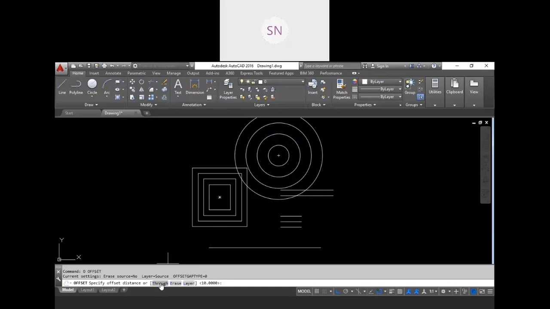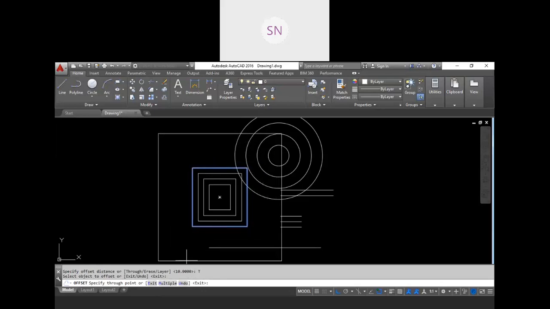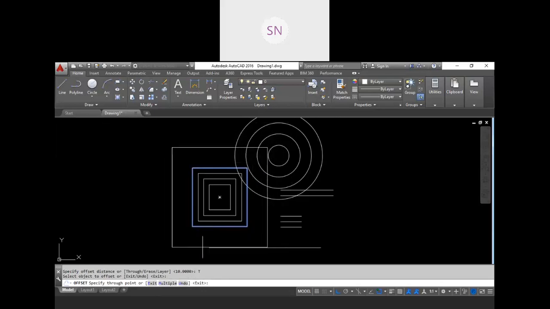If you go with the through option, then you don't need to provide a value, you can use the reference method. So choose this through, and for example I want to offset this rectangle, but you can drag it as much as you want. So I want to reach up to this point, so select, click over here. So this is our graphical input, right? There is no specific value, this is our graphical input. By mouse click you can provide your new position if you go with the through option. If you provide a specific value, then it is fine, it will offset up to that point.